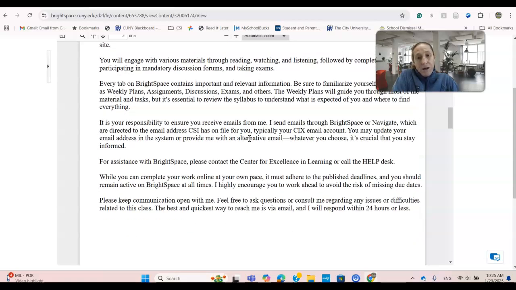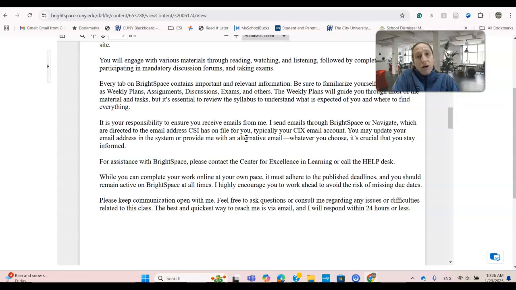Now, you have to make sure that you receive emails from Brightspace, meaning when I send an announcement or whatever communication, I do it through Brightspace. The default is that it goes to your CIX account. If you're not using it, if you're not checking it regularly, you can update your email with Brightspace.